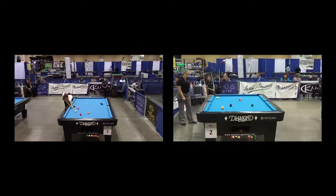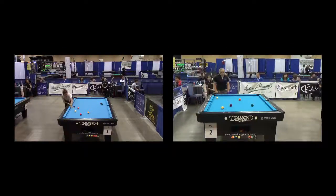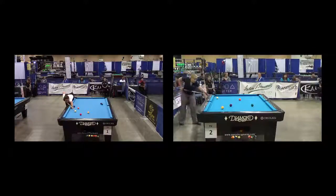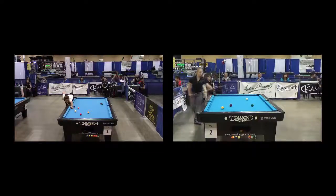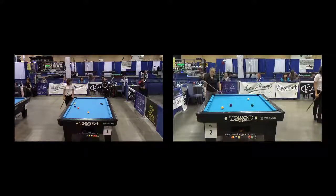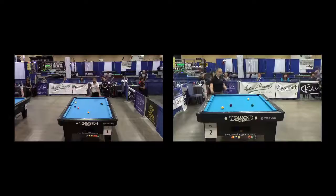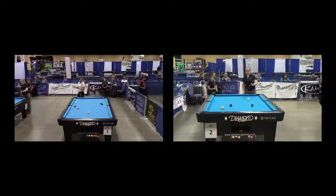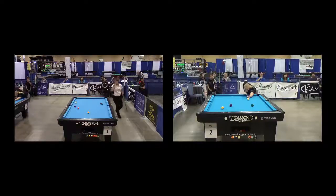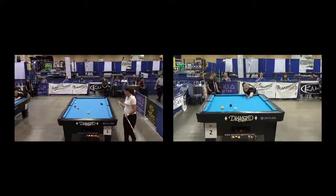Reams approaching the 3 ball, looking to gain shape for either that 4 in the side pocket or in that top left-hand corner. Sierra gets a good bump on the 4, and she's straight in down the rail on the 4 ball. Ashley Fullerton with a cut shot on the 6 in the corner. She hits it a little steep